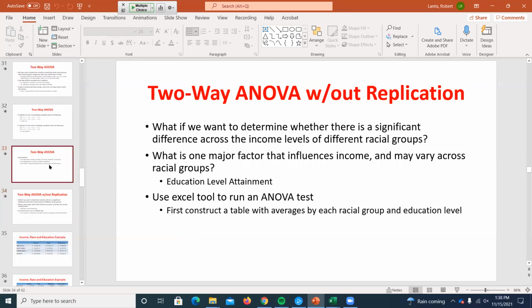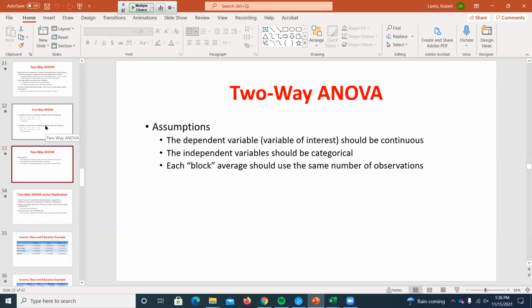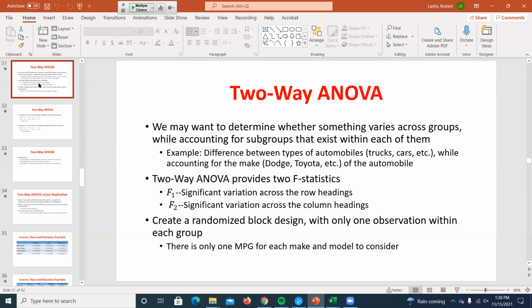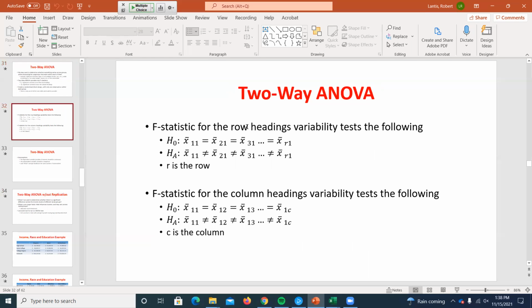So one issue with how we're going to do this in Excel is, and I won't make you guys do this by hand, but the problem is we're going to have to come up with the averages and tell Excel the averages and the sample sizes. You can't just select the data and have it be able to do it on its own. Or at least it's a lot easier if we have this data summarized. So we go down here,